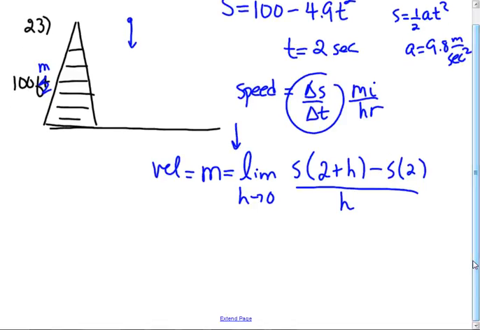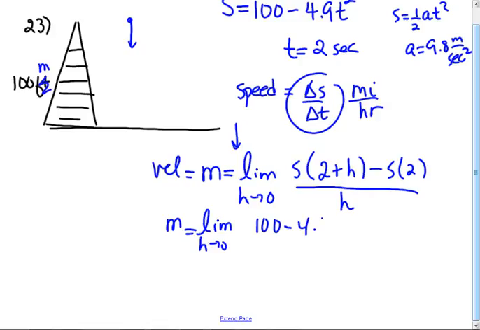Do you need me to do that? No, it's just 2s minus 2s. Plus... No, it isn't. You can't go 2s plus hs. You multiply it through, it's 2s. No. That's function notation. You actually have to substitute this into my little formula, which is 100